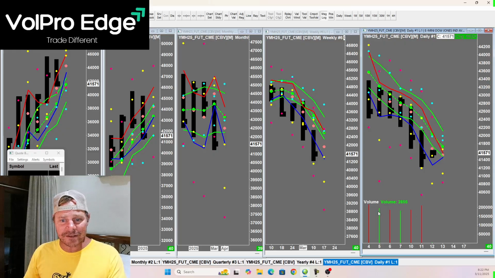So let's go ahead and look at the Dow here. Same thing. You're at this key level. The Dow still looks weaker. You broke through that key monthly level. It's not the one I would bet on for this bounce. I bet on the Nasdaq instead because of that quarterly level. But just be aware there's some support here.